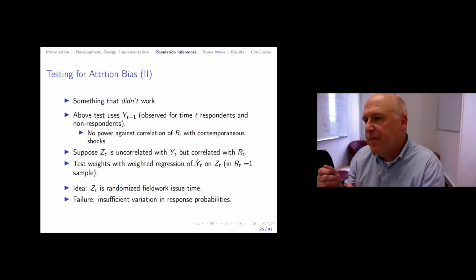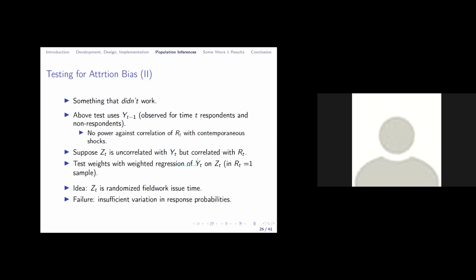And that's always true, right? But I think this is what you're suggesting, Peter, it's just that at the moment, we might be particularly concerned that survey response is related to contemporaneous shocks. There are some pretty big contemporaneous shocks. Yeah, absolutely. And also, just to